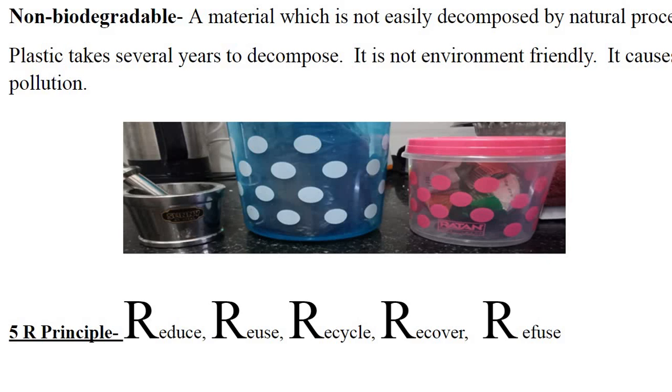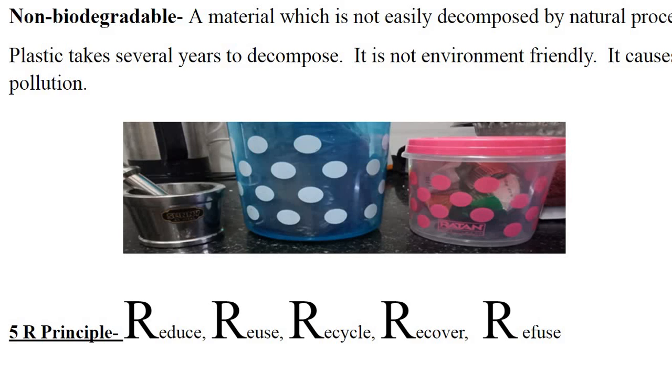As a responsible citizen, you have to remember the 5R principle. What is this 5R principle? Reduce, reuse, recycle, recover and refuse. First one is refuse. You have to completely avoid the use of plastic. If it is not possible, you have to recover. Suppose you are using it for some purpose, don't throw it away. You can use it for some other purpose. Next is recycle. You can recycle plastic, mainly thermoplastics. You can change its shape or recycle it and make it into some other things.